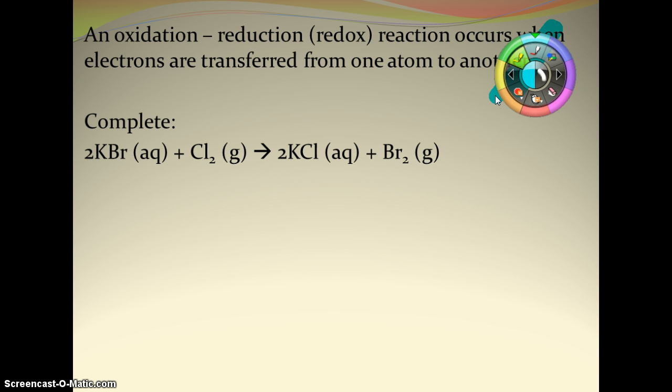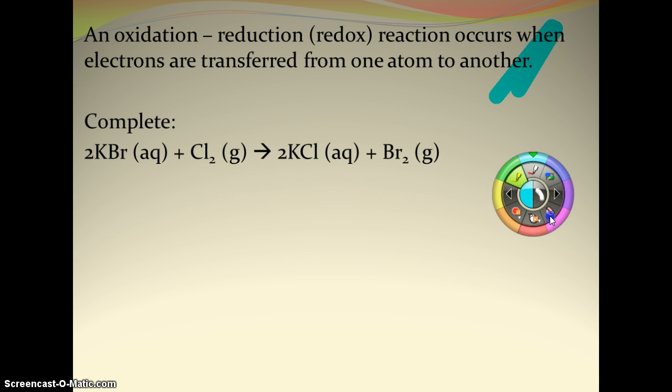So an oxidation reduction is going to occur when electrons are transferred from one atom to another. So here we have a complete reaction. Let's break this guy down into our ionic. So our 2 potassium bromide are both aqueous. So you would get 2K+ 2Br- plus, now because chlorine is a gas, we're not going to